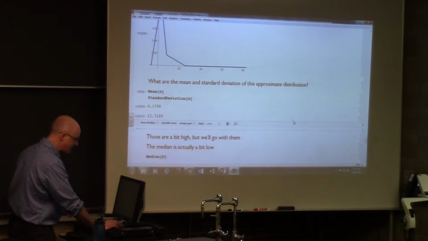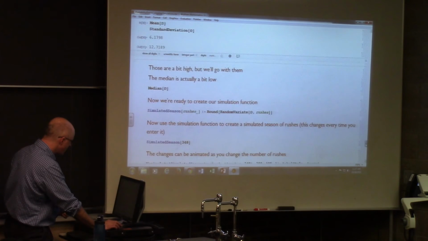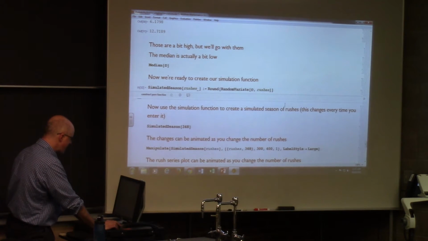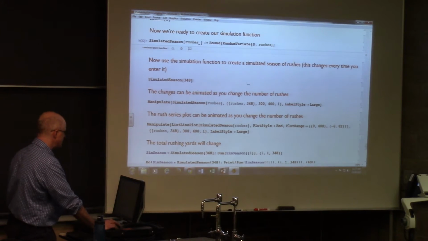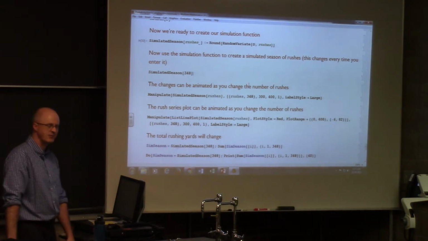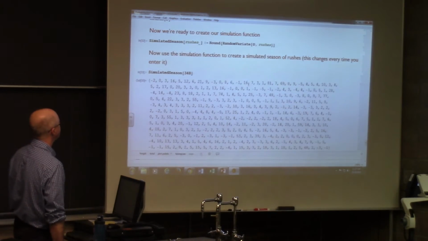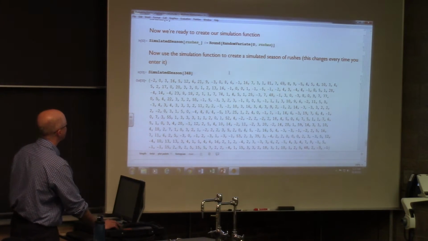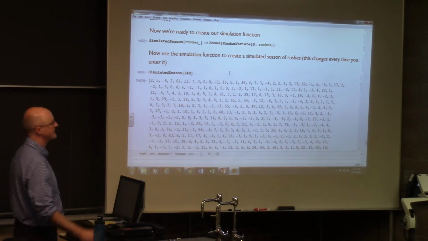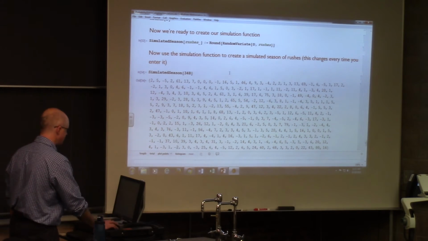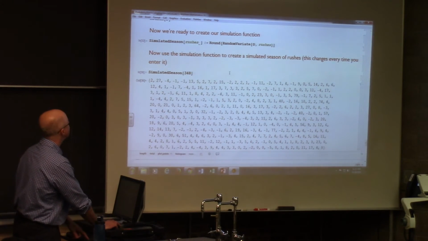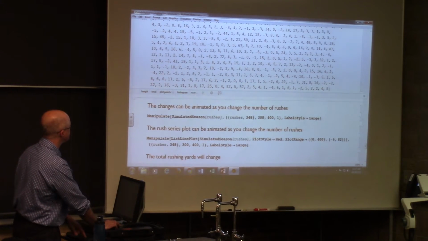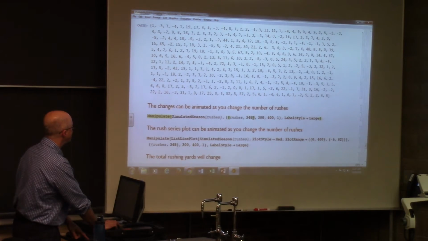But to get to the crux of the matter, where you actually do the simulation, this Mathematica program allows me now to do simulated seasons. You have 348 rushes. I can enter this code, and there's a simulated season of 348 rushes. If I re-enter it again, it produces a new simulated season of 348 rushes, etc. I can just keep entering this over and over and get more and more simulated seasons,